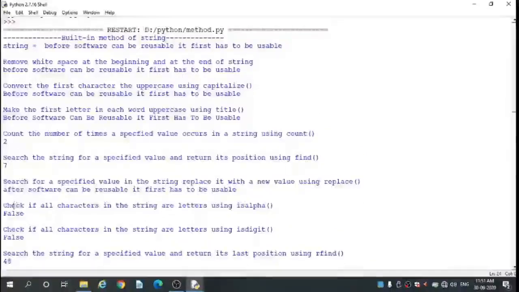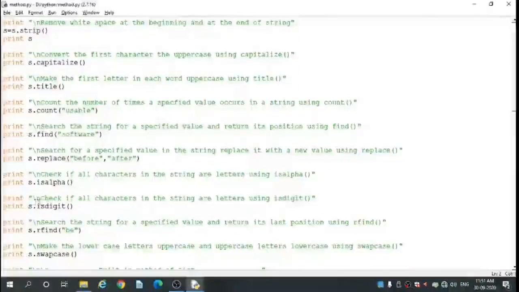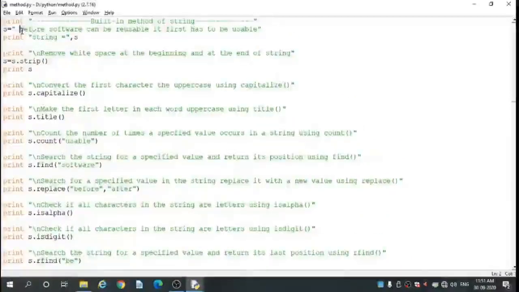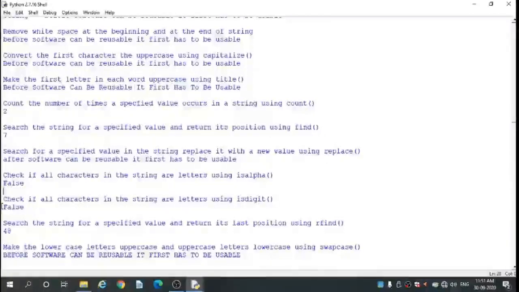Next, check if all characters in the string are digits using isdigit. So here print s dot isdigit. Are the characters digits? No, again it is false.